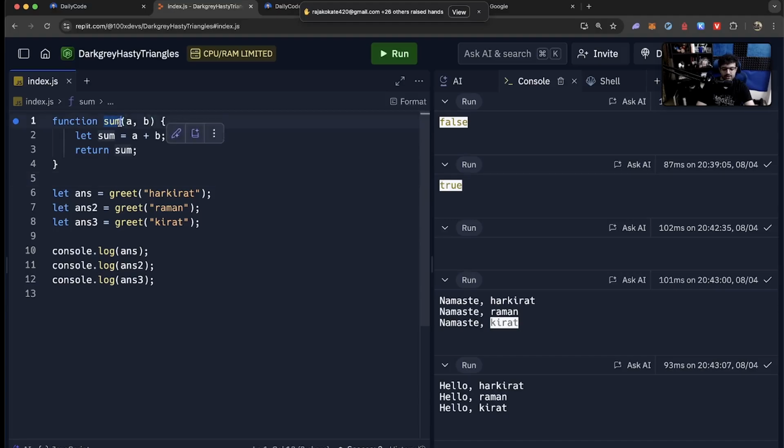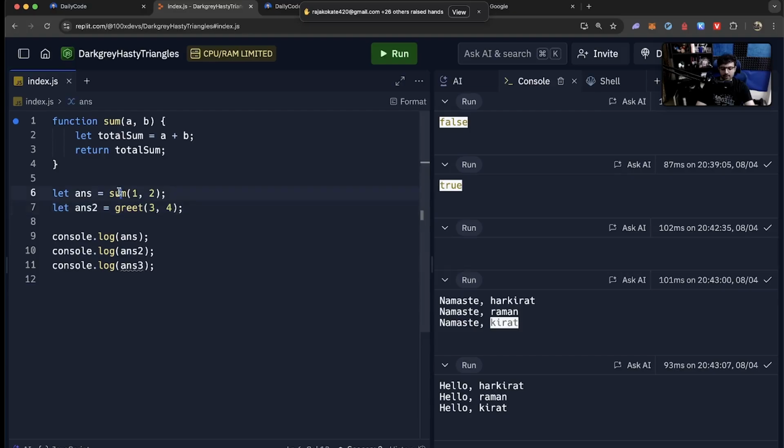So what is Kamla Devi doing over here? What is our sum function supposed to do? Let's call this total sum to avoid any conflicts. She calculates the sum of the 2 variables she gets and returns the value. I repeat, if I ever call sum with, let's say 1, 2 or 3, 4, first time she receives 1 and 2, she finds the sum of 1 plus 2, that is equal to 3. She returns 3, it gets logged over here.